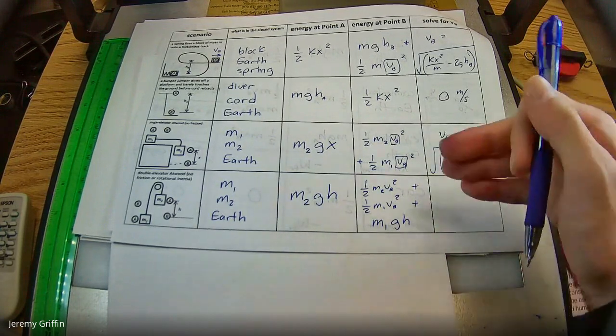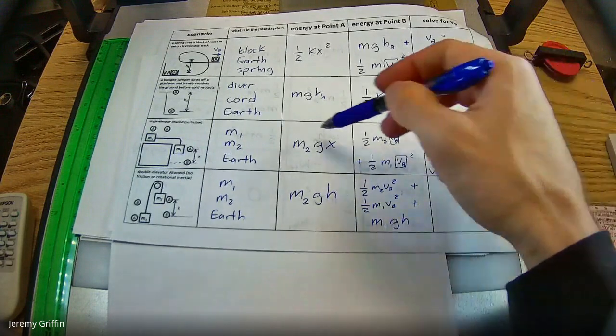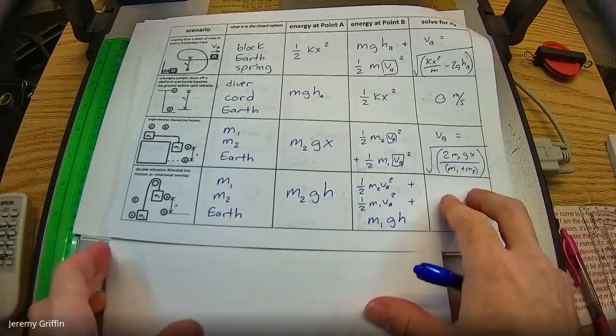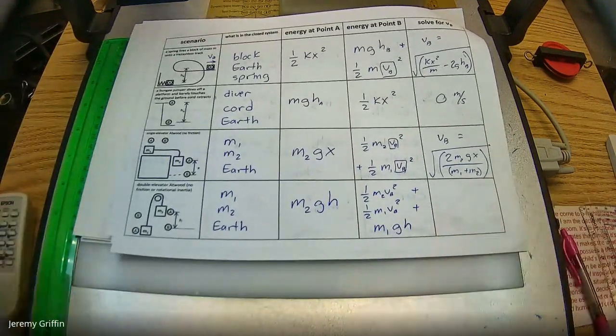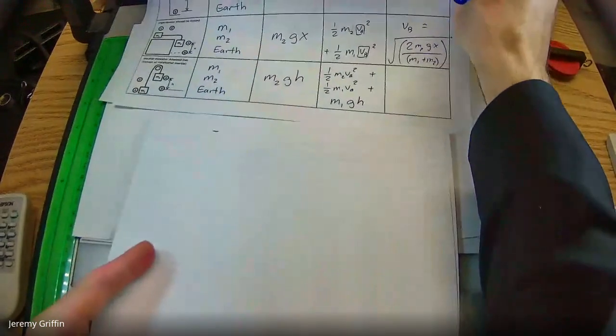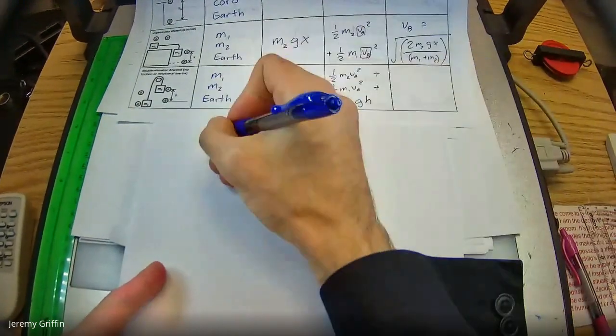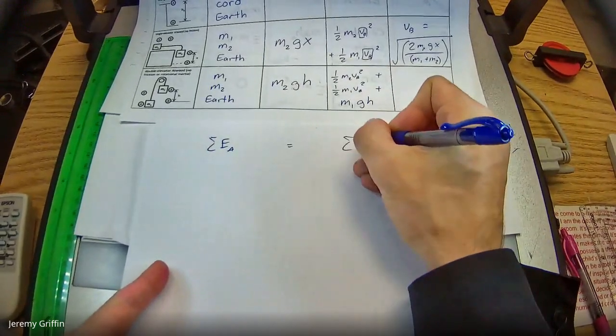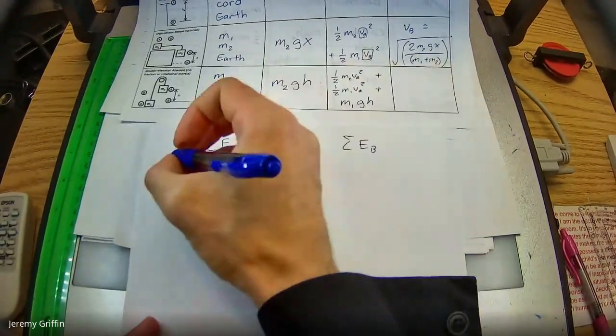And then the only difference between this one and the last one is, well, in the last one, block 1 was moving horizontally, so it didn't need to be lifted. It just needed to be sped up. All right, let's go. Sum of energy at point A is equivalent to sum of energy at point B, conservation of energy. At point A, it's all